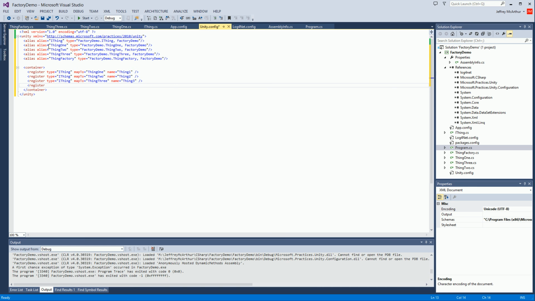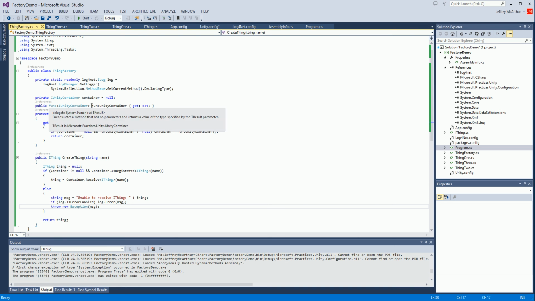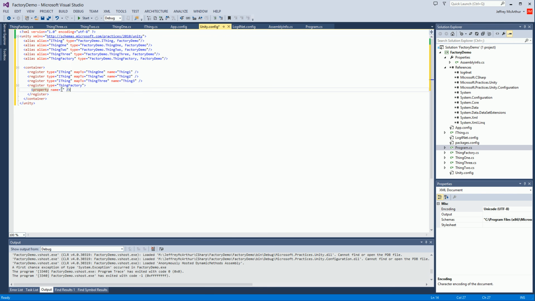Now then, let's register type of thing factory. And we don't need to map it. We're just going to register the type, and this is going to use property injection. Property name is equal to, and thing factory. This is where we inject the Func Unity container here, and we'll do that. So now, if we run this,